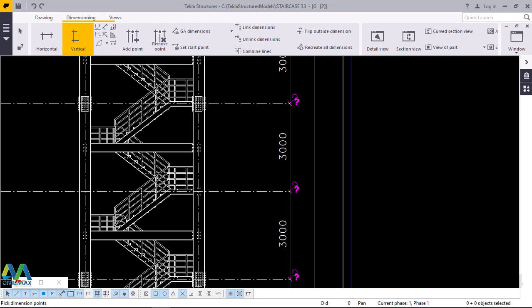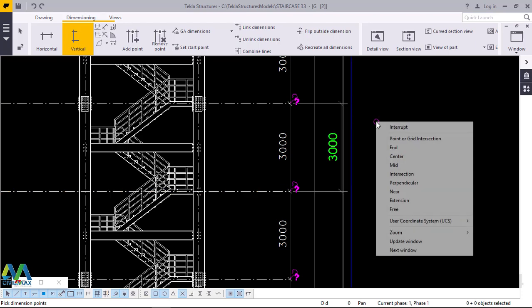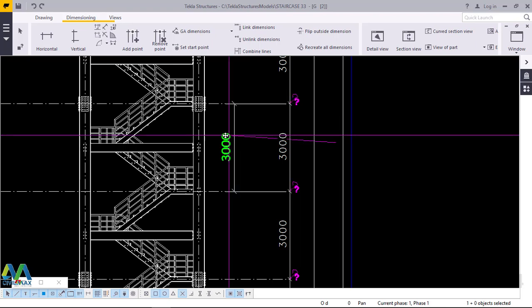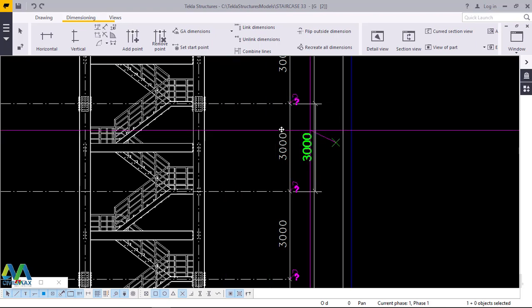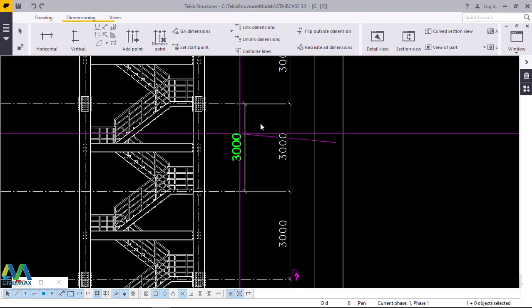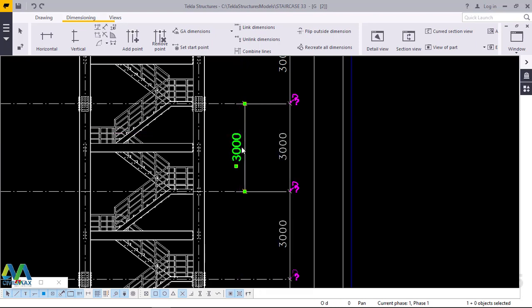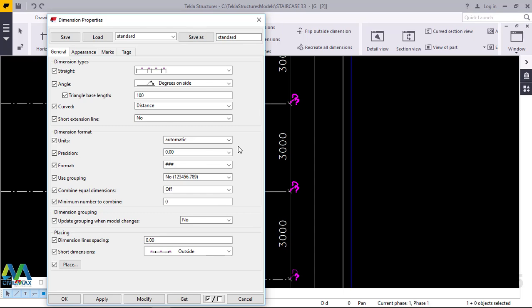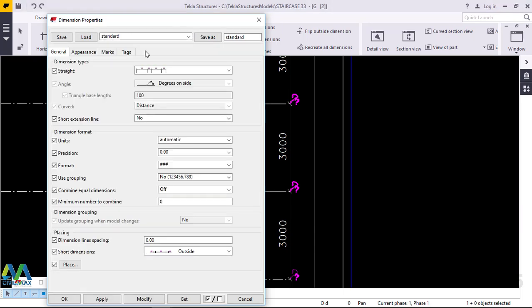And wait for the dimension to appear. There it is. It is 3 meters. You can drag it into any direction of your choice, and right click just to exit from that dimensioning. And maybe you are not comfortable with the color or the style of dimensioning. Just double click on the dimension itself. This will bring this dialog box, dimension properties, and from here you can change